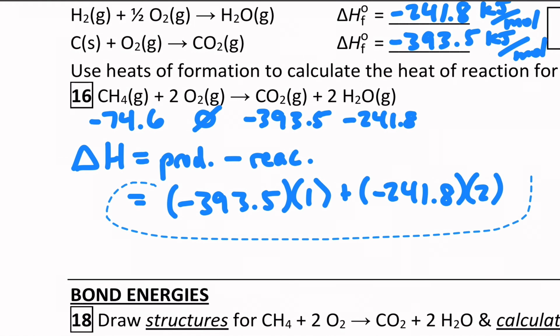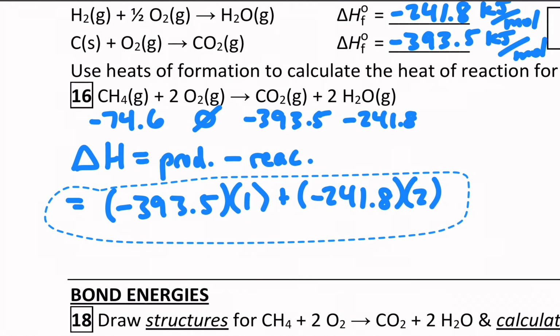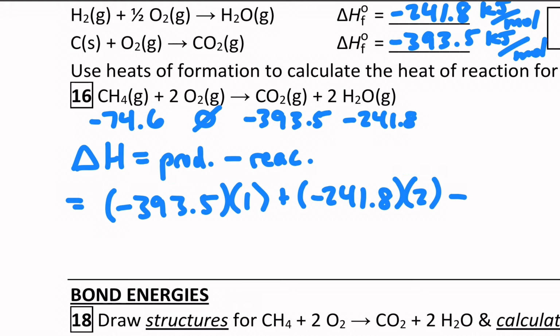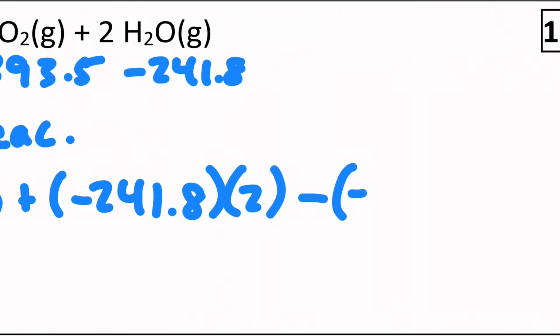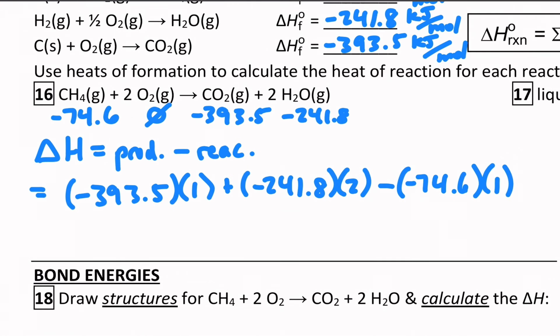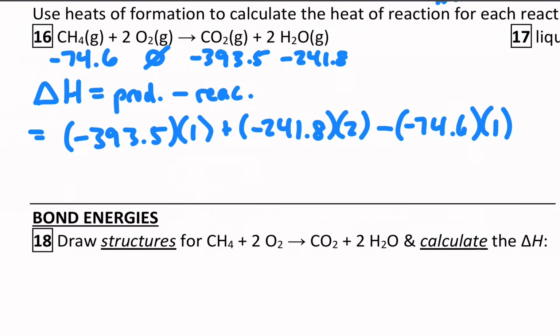And then I'm going to subtract everything related to the reactants, which in this case is just the methane. So minus the methane, negative 74.6, and then times 1 for its coefficient. You do the math, and you get negative 802 kilojoules